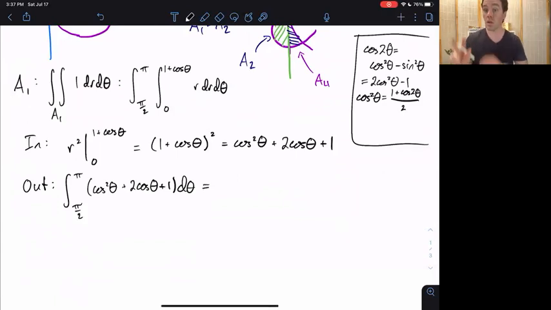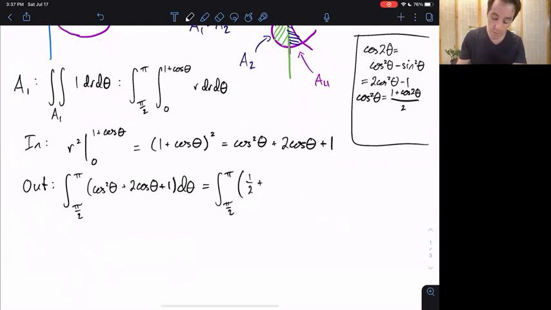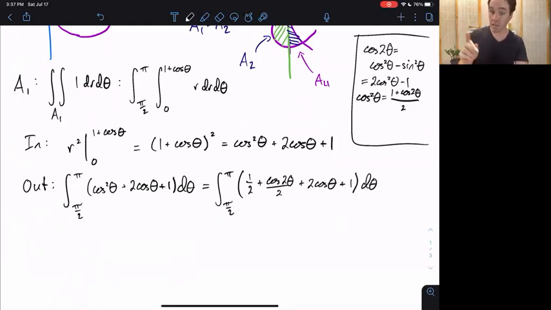This is not integration by substitution because there's no du. You're just putting in a different version of the same thing. So this will be integral from pi over 2 to pi of that 1/2 plus cosine 2 theta over 2 plus 2 cosine theta plus 1 d theta. The 1 and the 1/2 can combine to get 3/2, and we'll take that into account with the